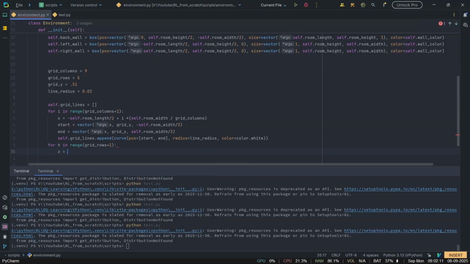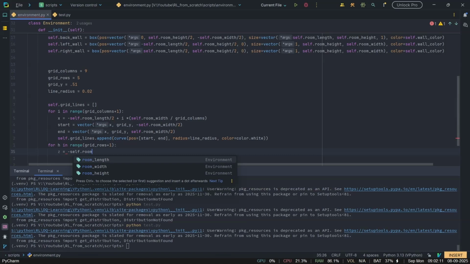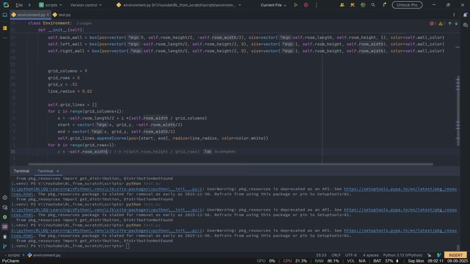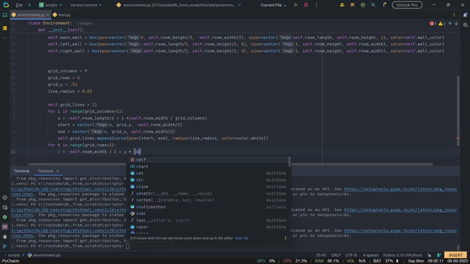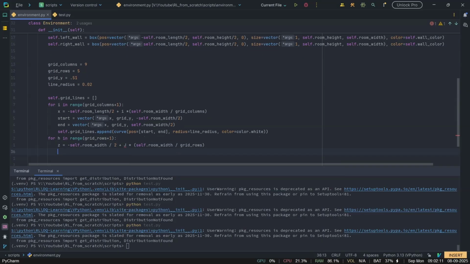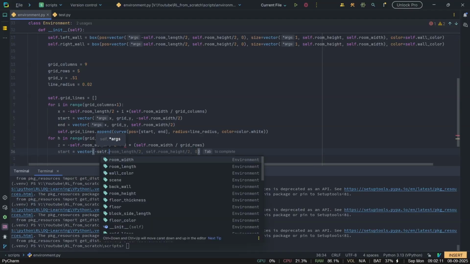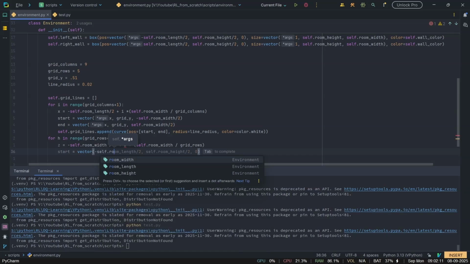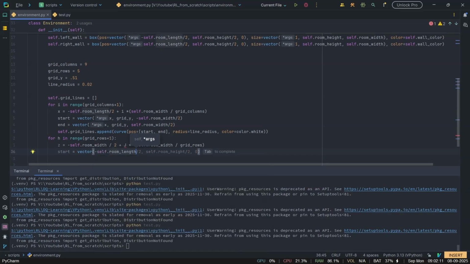So we're going to say the z equals negative self.room width by 2, and we're going to add a j times self.room width by grid columns or grid rows, self.room width by grid rows, and then the start is going to be a vector. So it will be negative self.room width or room length by 2,